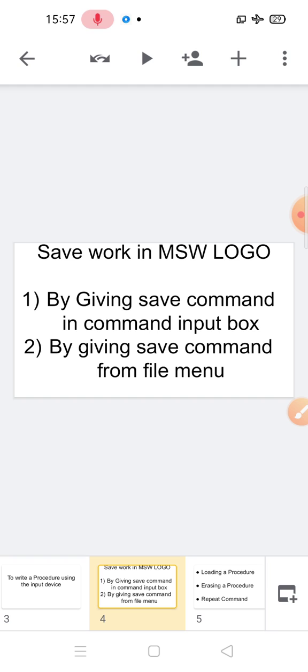For this, there are two options. First, click on the input box to make it active and type SAVE and the procedure name. In the second, click on the File menu, then select the Save option, define the name in the file name text box and click on the Save button.